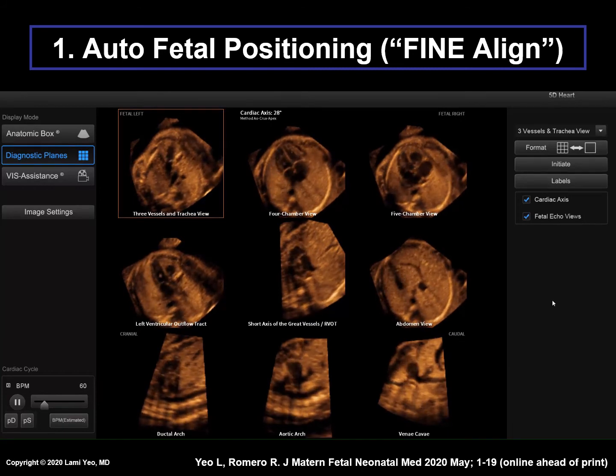A noteworthy point is that autofetal positioning will artificially place the spine at 6 o'clock for marking. But remember that at the time of stick volume acquisition, the fetus originally had a different spine location, in this case between 7 and 8 o'clock. Therefore, this feature will not correct issues such as acoustic shadowing or dropout from the ribs or spine, as seen here in the 9 cardiac diagnostic planes.